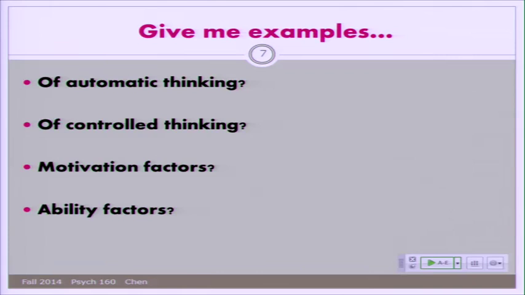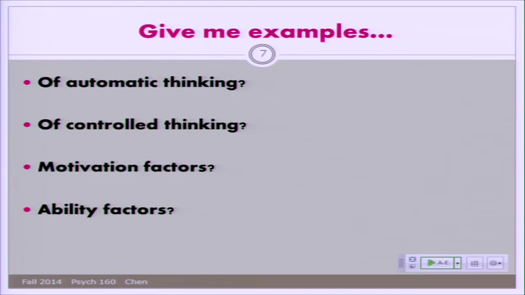What? Yeah? I'm not going to eat that donut. Resisting temptations successfully takes a lot of cognitive effort, okay? So I'm going to skip there and say also that this is a great example of motivational factors, okay? If you really, really want to lose that weight, to be healthy, it takes cognitive effort or controlled thinking. Let me think about why I should not eat this. It's not healthy. It's full of saturated fat, blah, blah, blah, blah.